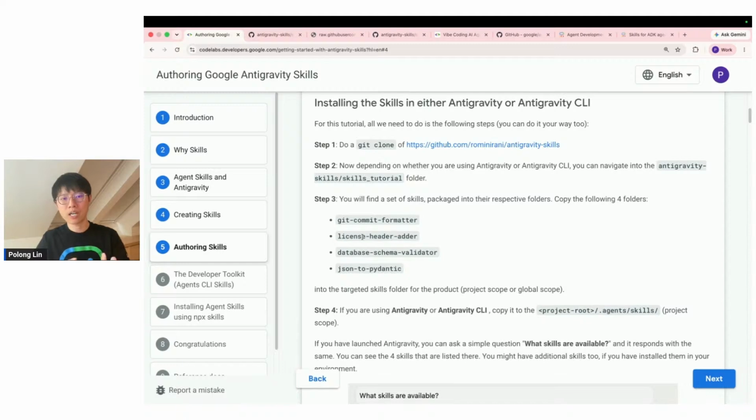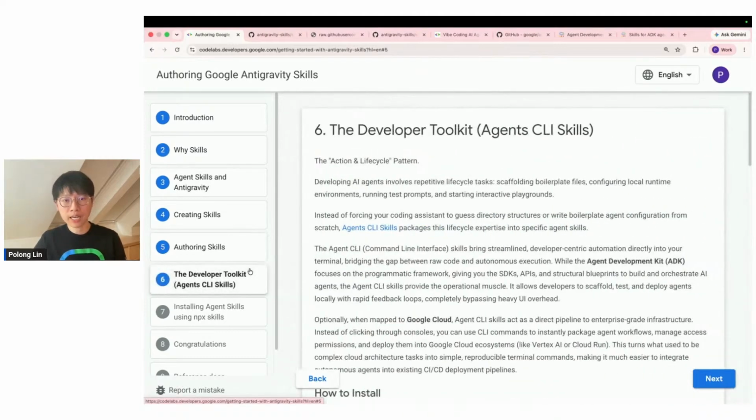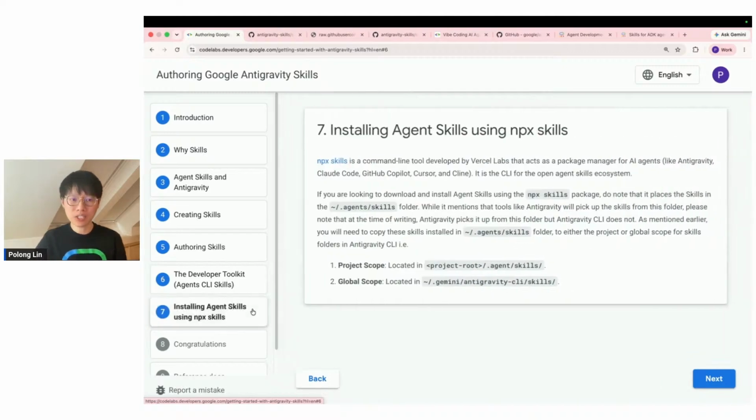Each of these skills that you'll be learning in this first code lab goes through different ways to build skills and discovers how the different resources within the skill can help you add more capabilities to how the skills run. You also learn a little bit more about Agent CLI, which will enable you, just using prompts, to create agents in ADK that you can use for process automation, or to provide agents that customers or your users can use directly. You also learn about installing agent skills directly in Anti-Gravity. This makes up the first code lab that you'll be going through today.